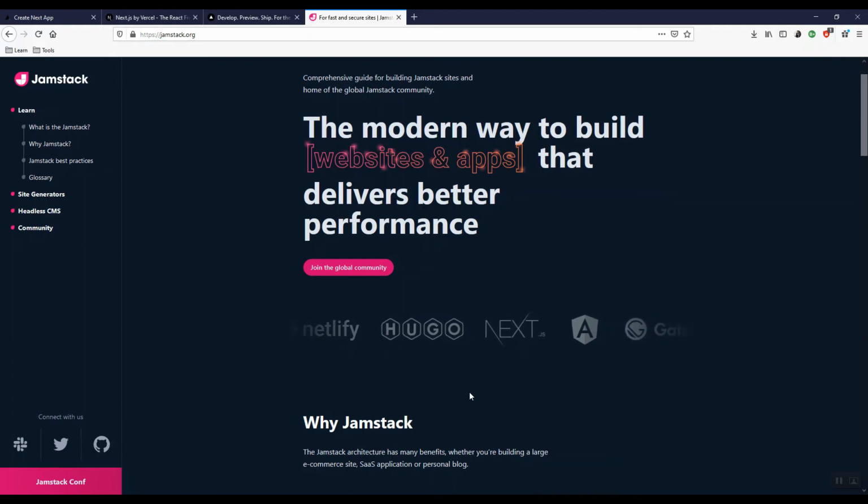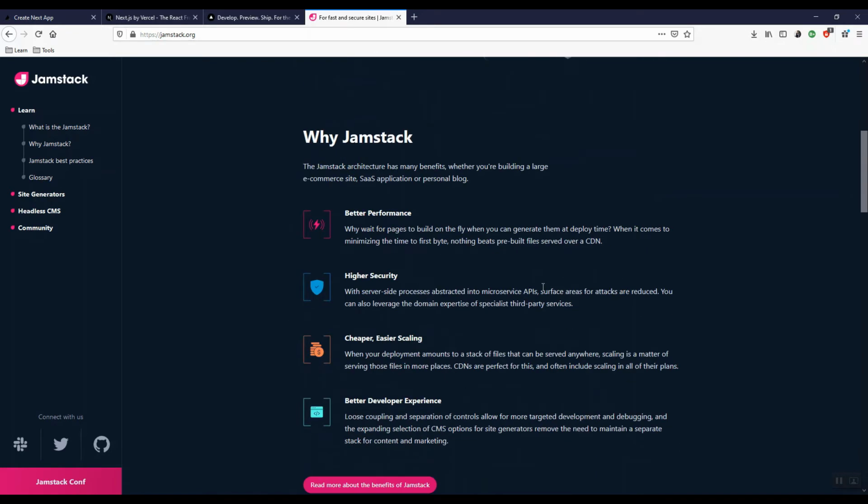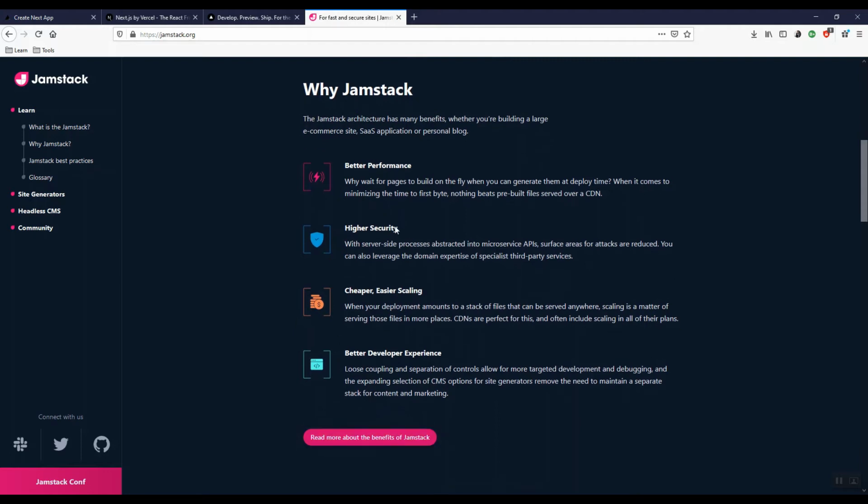If you want to give yourself a reason on why we should use Jamstack, here are a few things you can look for. Jamstack provides better performance. Suppose you are building a website in React.js or any other framework, most of the rendering happens on the client side, which decreases the performance. There are two types of performance. The first one is loading performance, how long it takes for your website to load, and the second one is rendering performance, how long it takes your browser to render the first paint of your website on the screen.